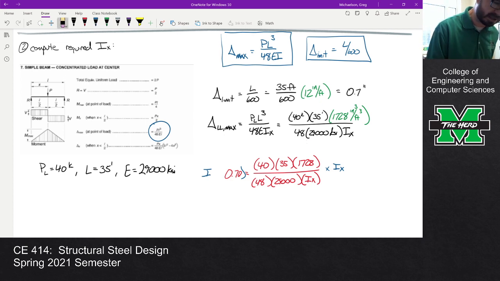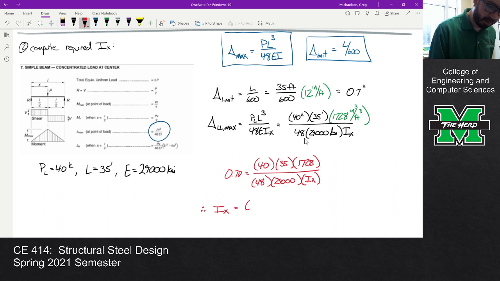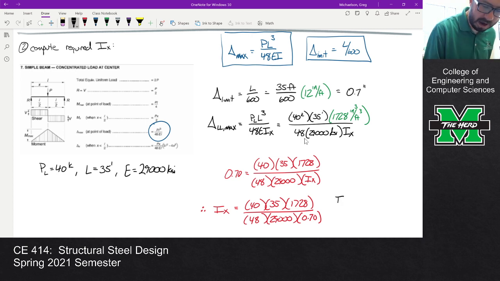So it's actually pretty simple. All I got to do is swap out the IX and the 0.7, and I get that IX is 40, 35, 1728, 48, 29,000, 0.7. And so IX required